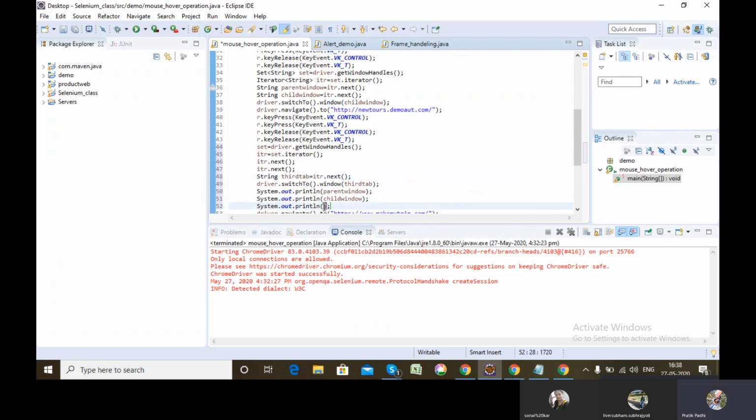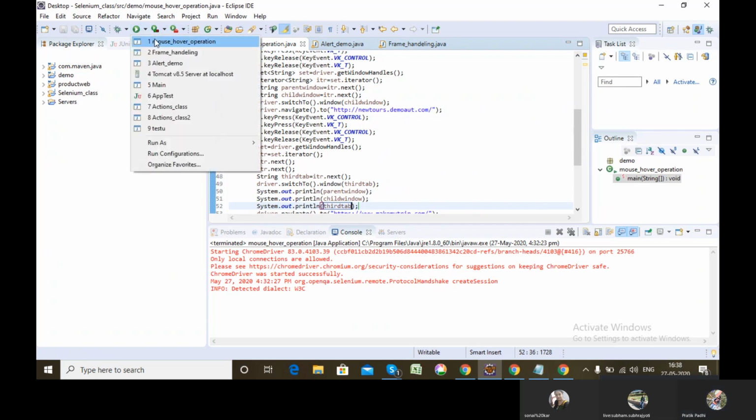All three tab IDs will be printed in my console once I execute it, because I have done System.out.println for that.